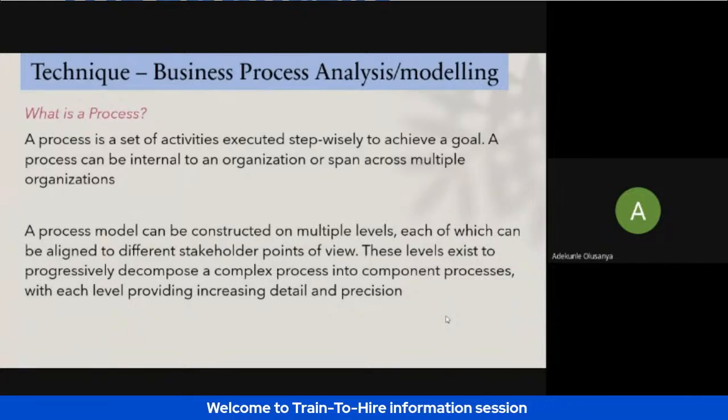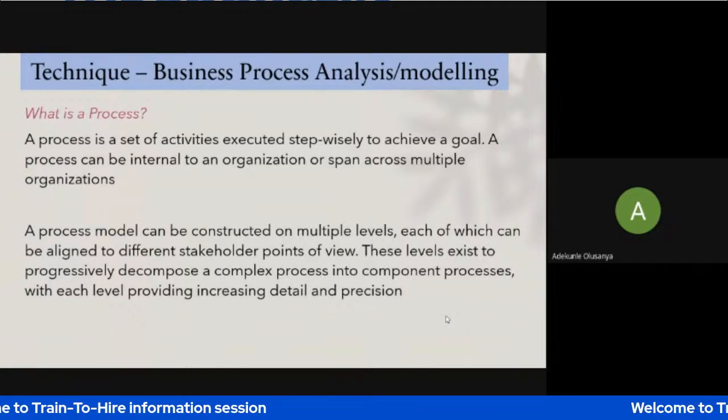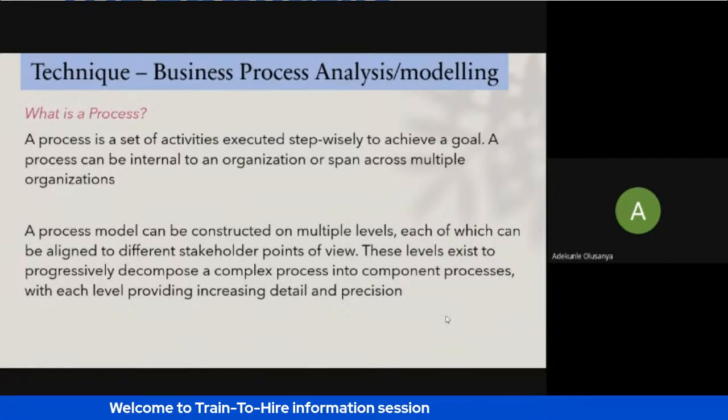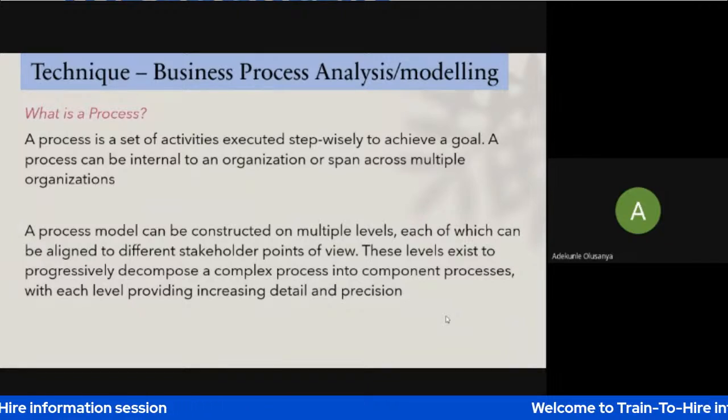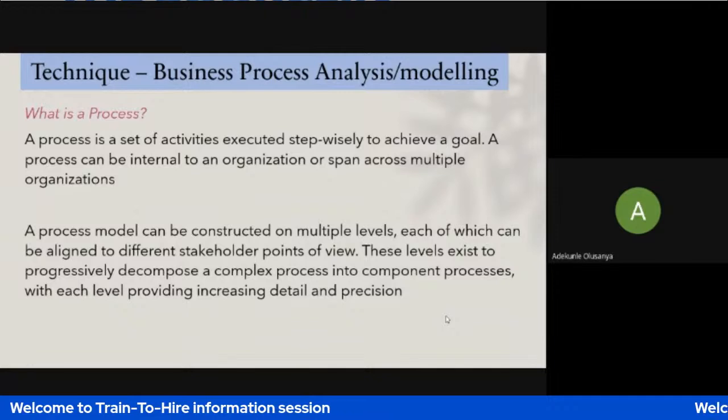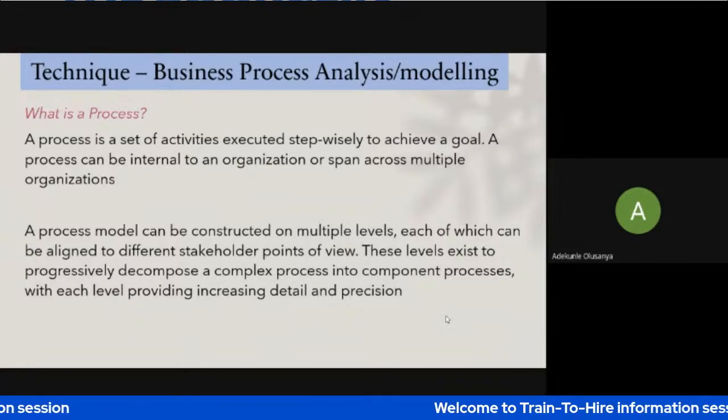Process management experts work in manufacturing, oil and gas, telco, IT, insurance, banking, fintech. These are people who work with processes. And in the world of a business process analyst, these are things that are very expedient: understanding how to decompose processes, how to construct processes on multiple levels, how to align processes to different stakeholder